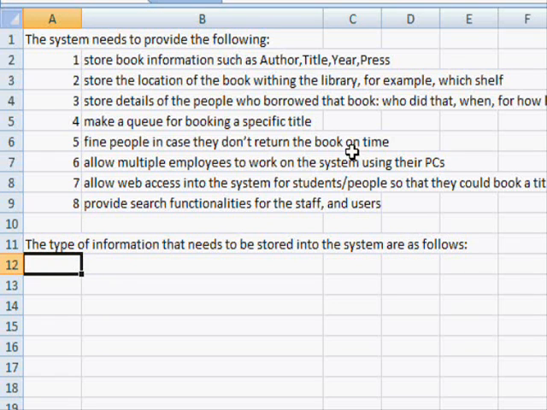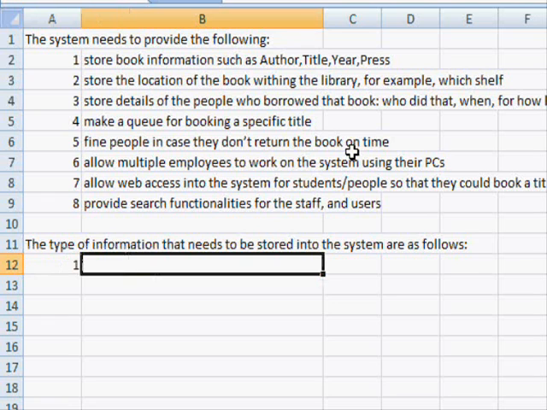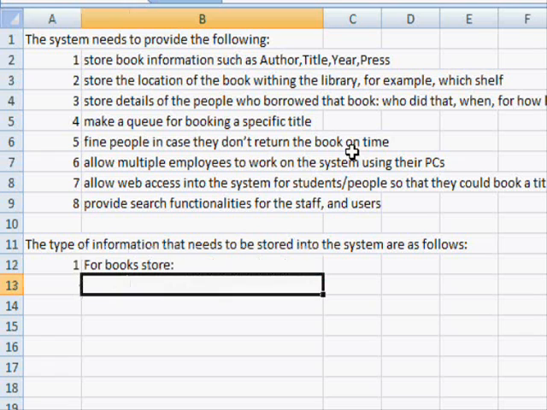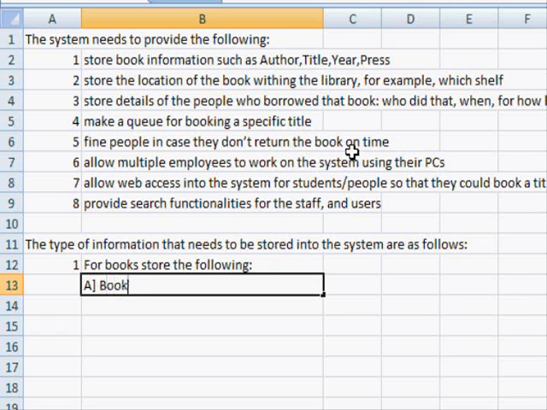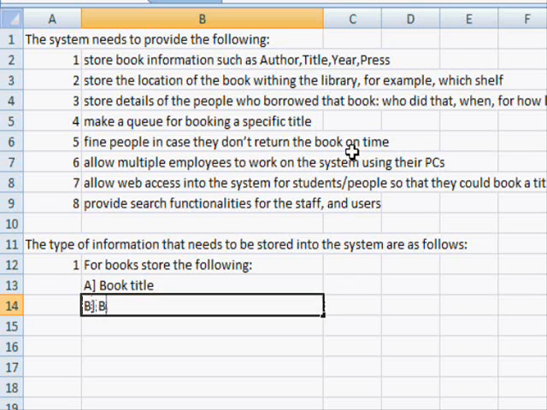Okay, so here, for book information, number 1, for books, store the following. Okay, so here we are gonna say A, book title, B, book author,